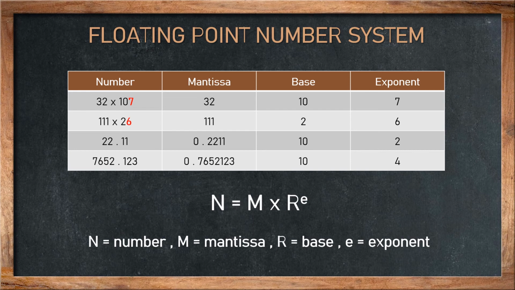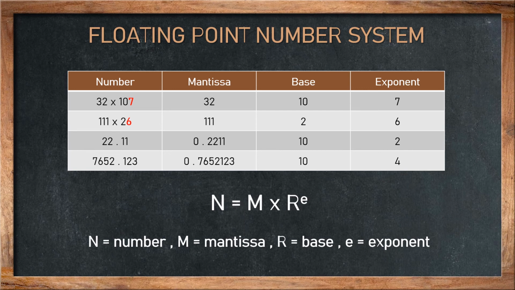So first you need to convert this number into the standard format or scientific notation, and after that we will get 0.76522123, with base 10 and the power 4. So now we know how you get the 2 and the 4 power, because when you are shifting the decimal point you get different powers.